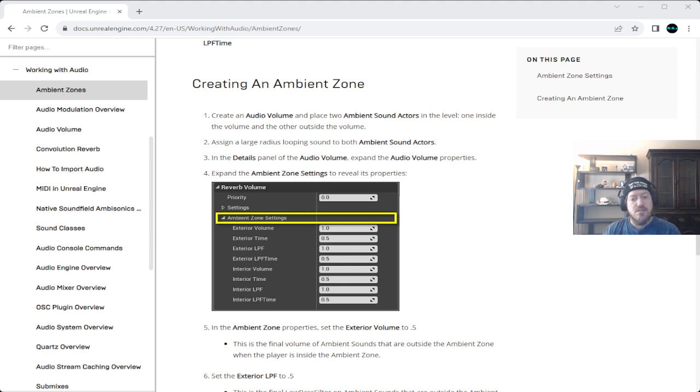Yeah, it has looping set to true for Fire 01, so it allows for a constant sound. So if we add that to, say, an ambient zone for the interior, for the small box, we go to the medium box, we change the ambient sounds of that, and then we make a larger box, and we'll see what happens.